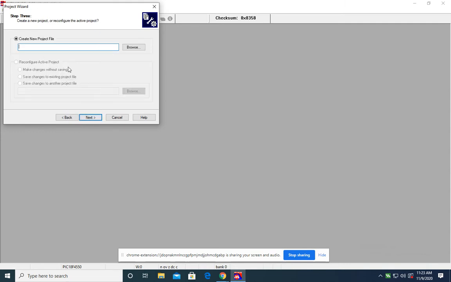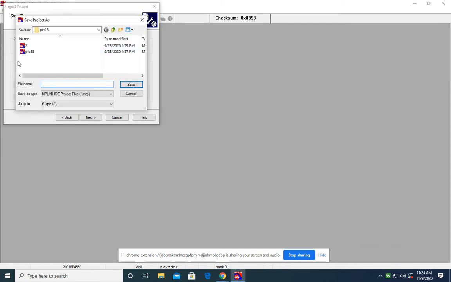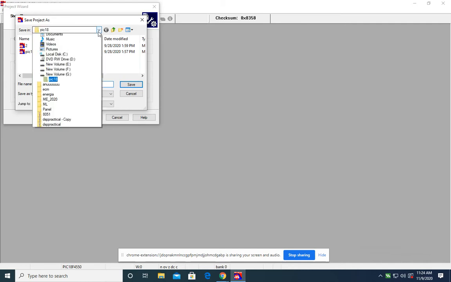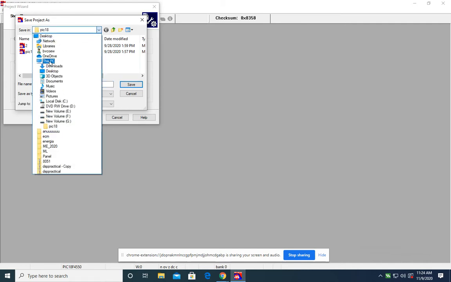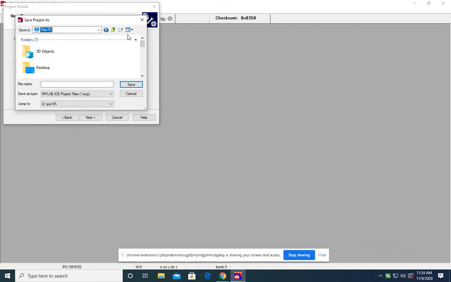Here again you have to create your own folder, and in that folder only you will store this particular project file. So here I will open my desktop. Now you have to create this folder other than on C drive, because many times PCs get formatted, so formatting happens on a regular basis.